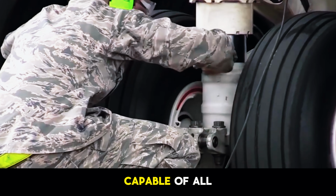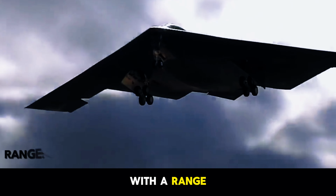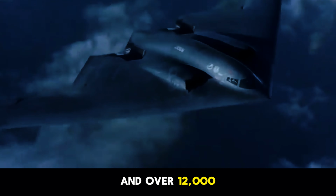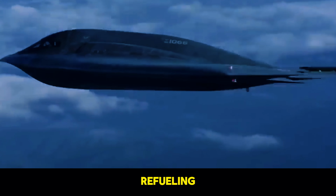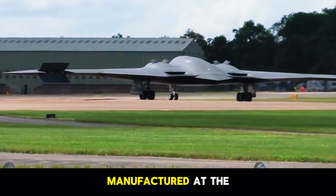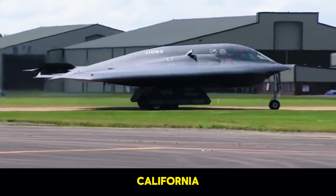The B-2 is capable of all-altitude attack missions up to 50,000 feet, with a range of more than 6,900 miles on internal fuel and over 12,000 miles with one refueling, giving it the ability to fly to any point in the world within hours. These aircraft are manufactured at the Northrop Grumman facilities in Pico Rivera and Palmdale in California,